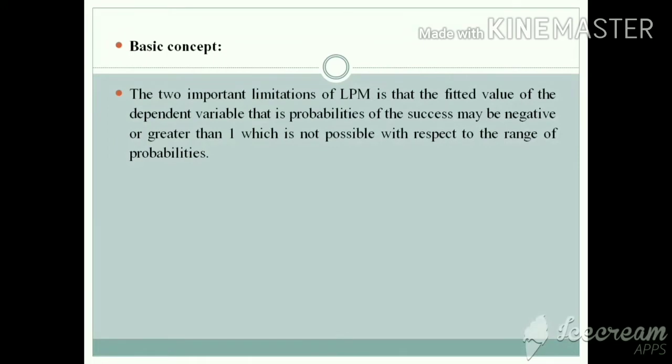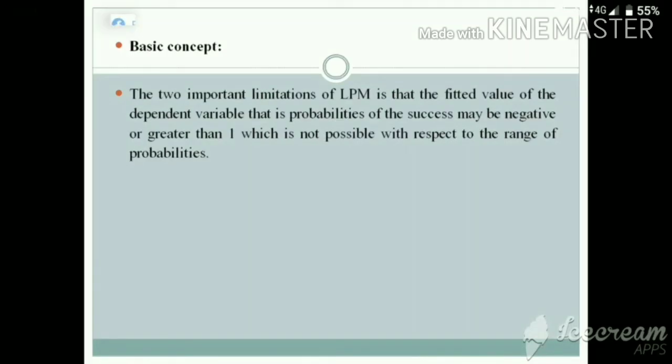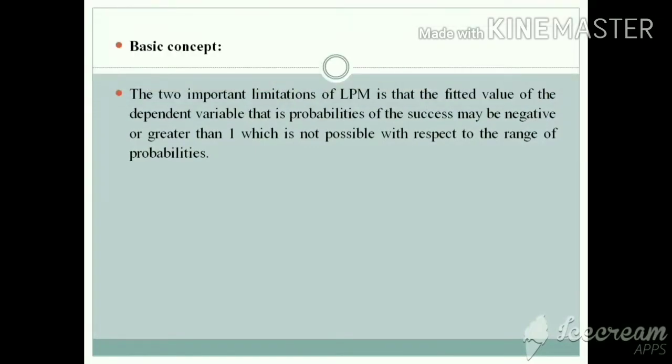We know that two most important limitations of the linear probability model are that the fitted value, with respect to some independent value or set of independent values, may sometimes be negative or greater than 1, which is not realistic with respect to the range of probabilities. Similarly, since this is a linear probability model, the estimated coefficients are linear. It means that with respect to a unit increase of the independent variable, the impact remains the same on the